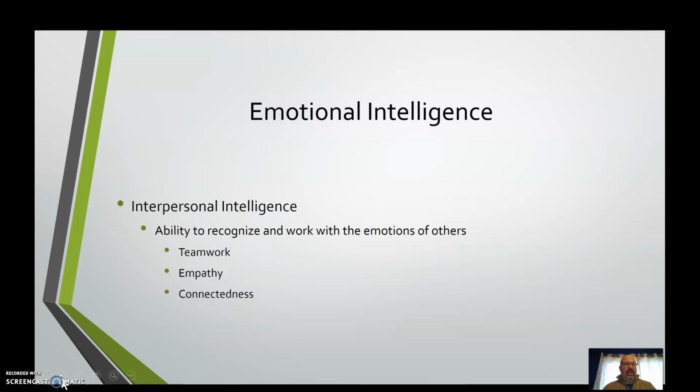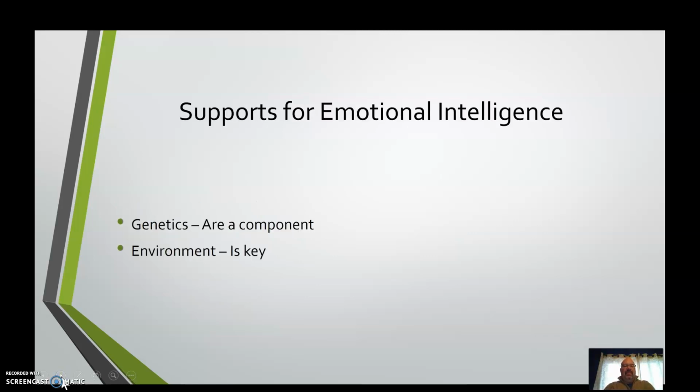And I say successful in years to come because, as was discussed in Terry's video, the top performers in many organizations show high levels of emotional intelligence. And so those mid-level management positions are places where emotional intelligence is really key. Some of the things that support the development of emotional intelligence: emotional intelligence is present in certain gene expression.